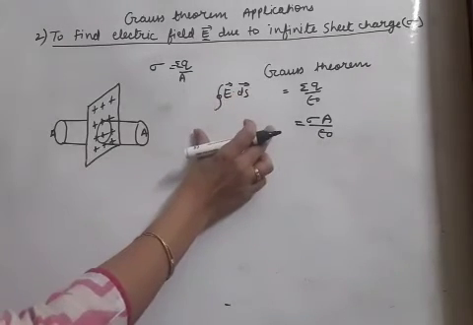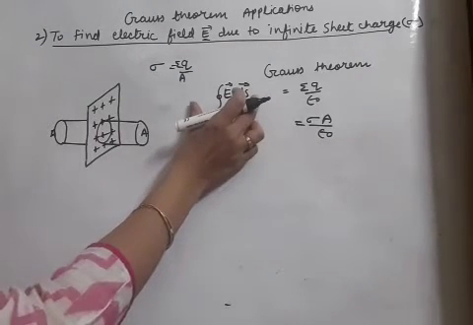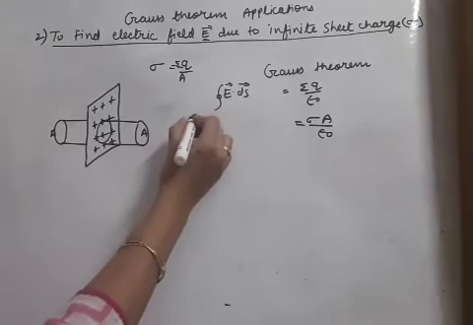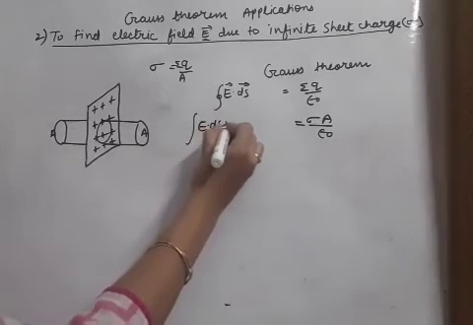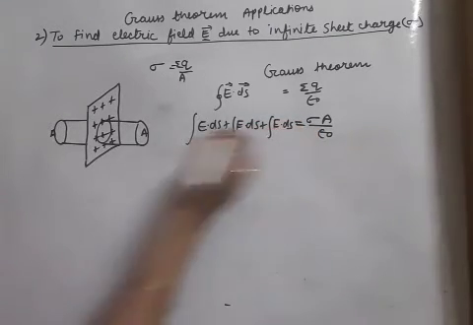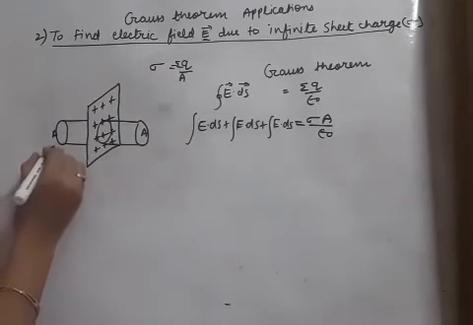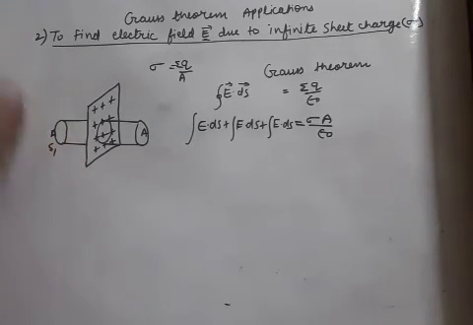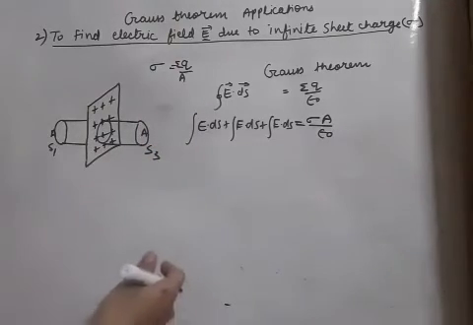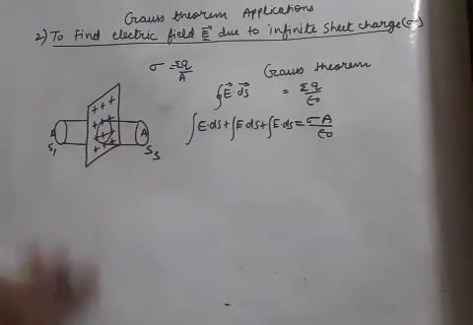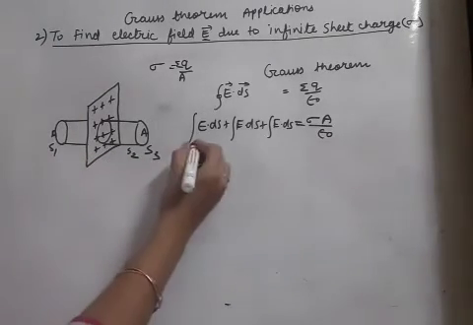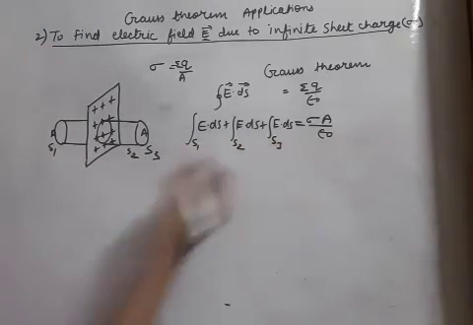After that, how to solve the left side of the equation, that means the integration? It is in the same manner which we applied for the line charge. We will break this integration into three parts, because the cylinder can be broken into three parts. S1 means this circle, vertical, and S3 means this circle, vertical, and this middle curved area is S2. So we will write here S1, S2, S3.